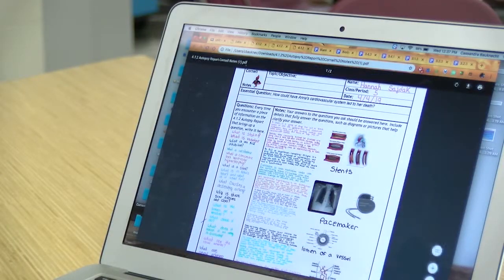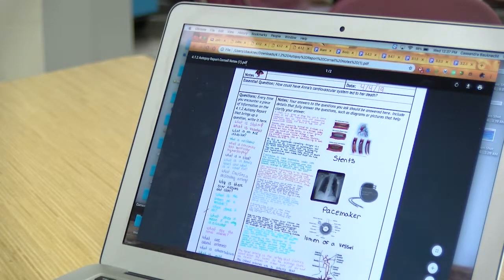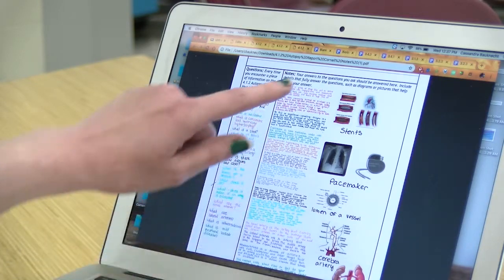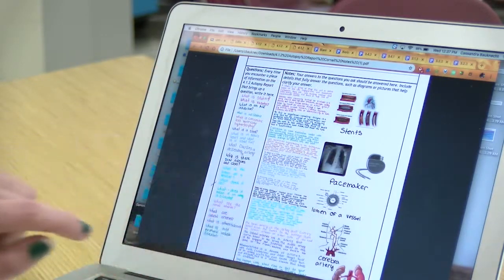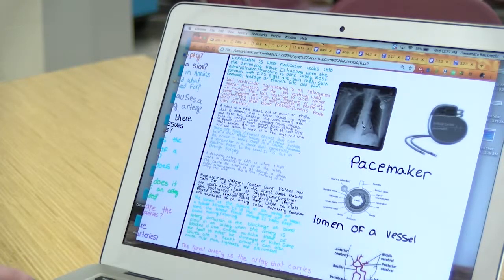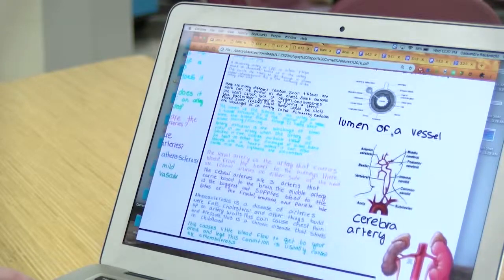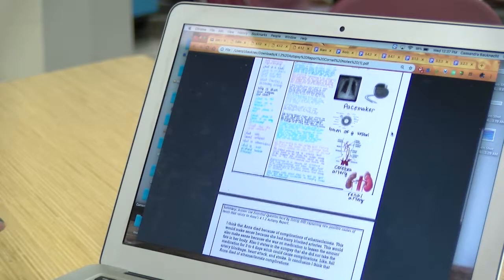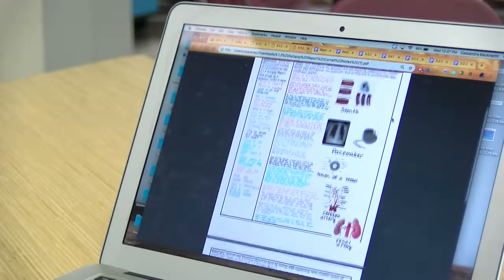This is the student that I was working with today. She did a really nice job in terms of doing the different colors to showcase the connections, as well as using pictures to amplify what she was doing. You can see here that she has some annotations on her diagram. So they go together nicely. And this is something that would have kind of been either impossible or really challenging for students if they didn't have the online option. I think one of the great things about using Notability to take focus notes is that